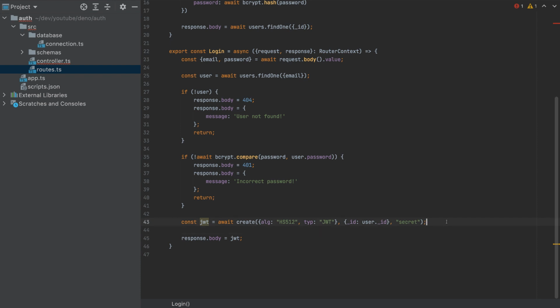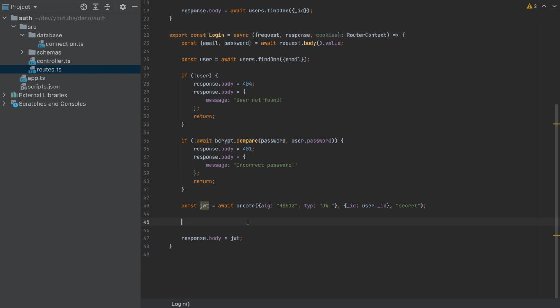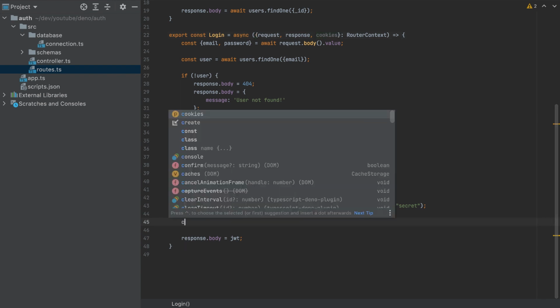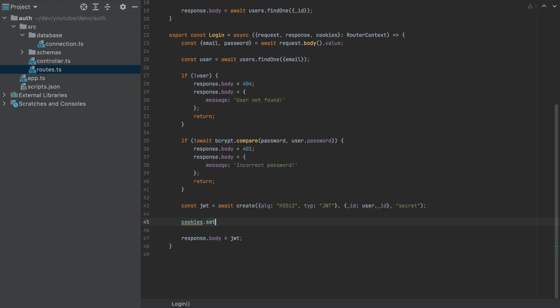Now we have to set this JWT to the cookies. So this router context will also have an option for the cookies, and to set a JWT cookie, we have to use it like this: cookies.set. We need the name of the cookie, which is JWT, the value, which is this token, and we need to add another option, which is httpOnly set to true. This HTTP only flag is really important because we don't want the frontend to access this cookie. So with this, it means that